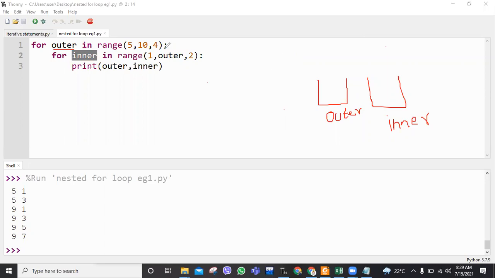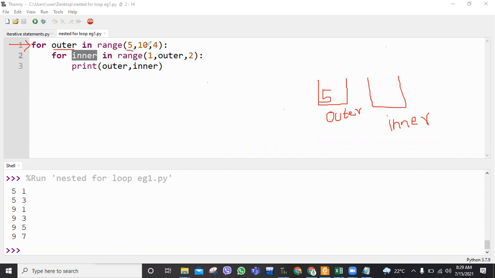Now at the very first, your program controller will be at line 1. For outer in range. As you can see, the first parameter is 5. This outer variable is initialized with the value 5, and your loop goes up to 9. Why?